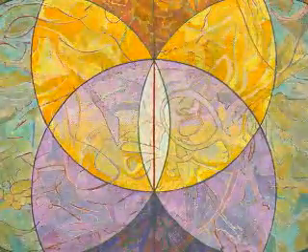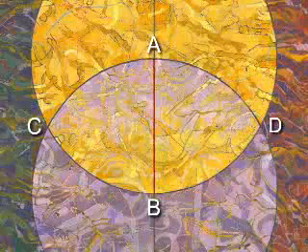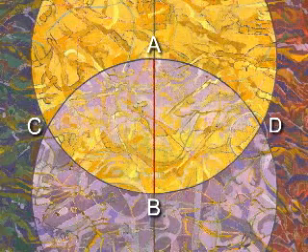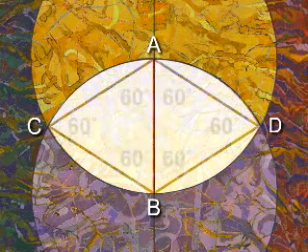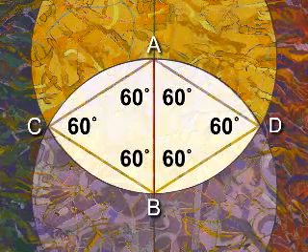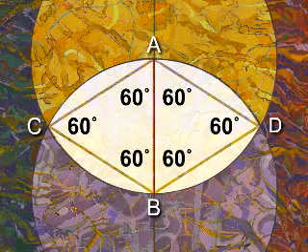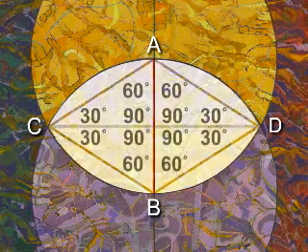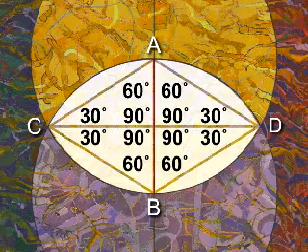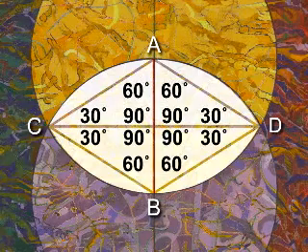With the creation of those points C and D, we have within the vesica piscis a triangular situation. So we started with unity, we evolved into duality, and now we have an evolution to trinity. This is the birthplace of trigonometry, an entire division of mathematics born in the vesica piscis.